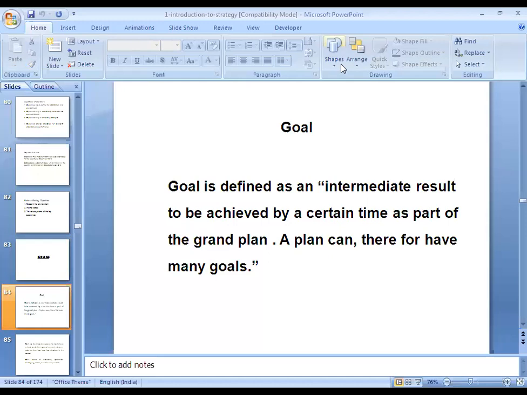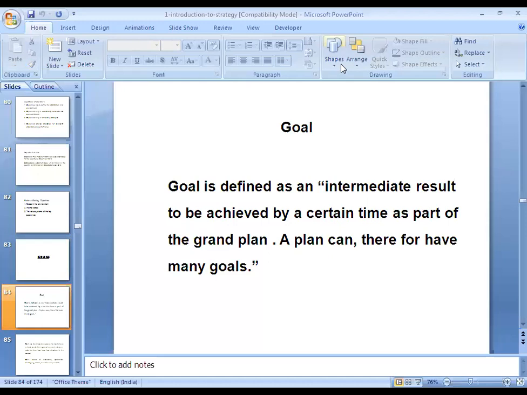The second major difference between goals and objectives can be attributed to scope. Goals have a broader scope. Goals can be considered broader intentions and are often incapable of being measured. It's very difficult to quantify goals, but objectives can be easily quantified. Objectives are relatively narrow in scope, narrower than goals, and you can describe objectives in the form of specific tasks.